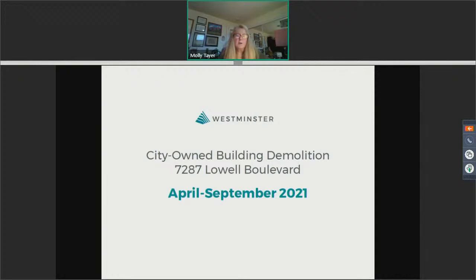All of this information regarding the site cleanup is covered in the city's voluntary cleanup plan, and that can be found at the Economic Development Department website on the CDBG page. If you go to the center of the page and click on the accordion for West 73rd and Lowell, you will find the VCUP and all of the filings pertinent to this site's cleanup. Additionally, the project manager's name and phone number for this cleanup are on the signage located at the site, and additional information about those links can be found on the project page associated with this presentation.